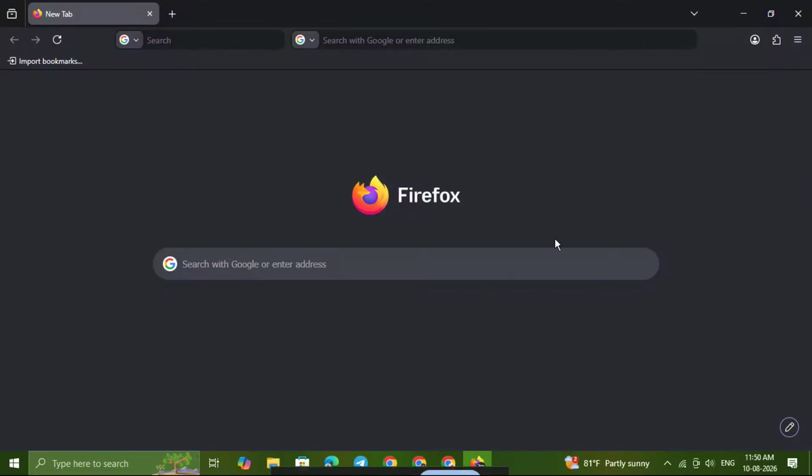If you want to remove the search box from Mozilla Firefox, you're in the right place. In this quick tutorial, I'll show you the easiest way to hide that search box from your toolbar so your Firefox window looks cleaner and more minimal. This is perfect if you prefer using the address bar instead, or if you just want to free up some